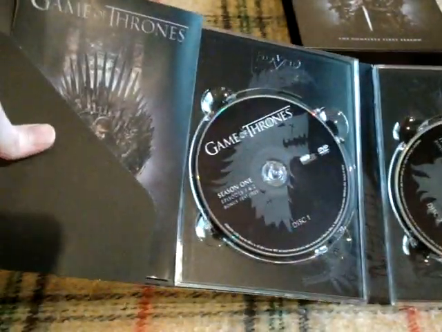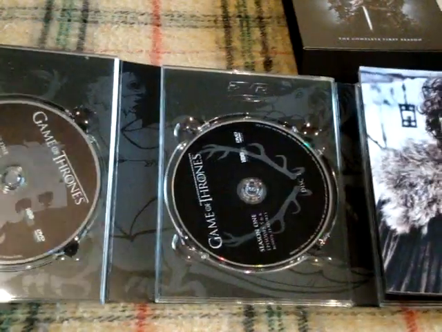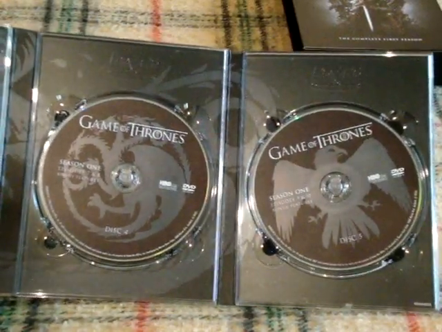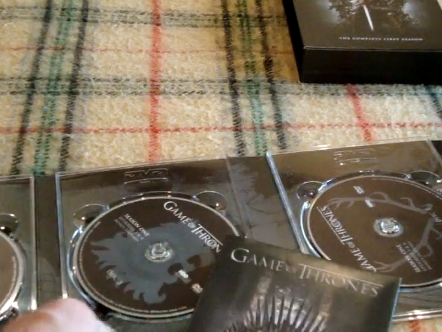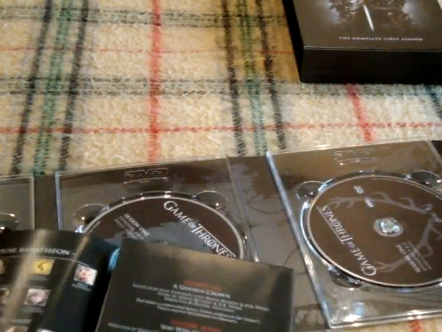And each disc has the sigil of a house. So we have Stark, Lannister, Baratheon the Stag, the Targaryen dragon, and finally the eagle of the Arryns of the Eyrie, or the Eyrie. The Eyrie is the American pronunciation that I use. And then there's an episode guide. But what is handy